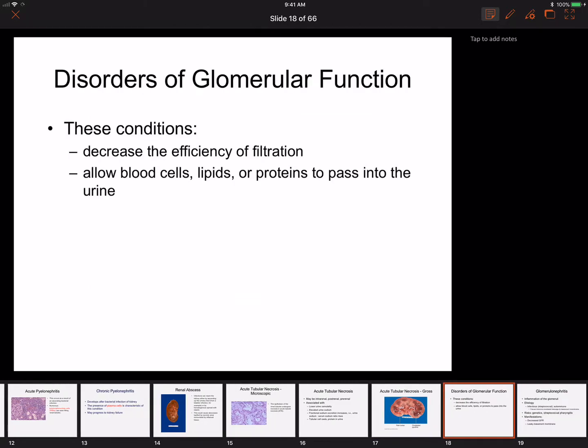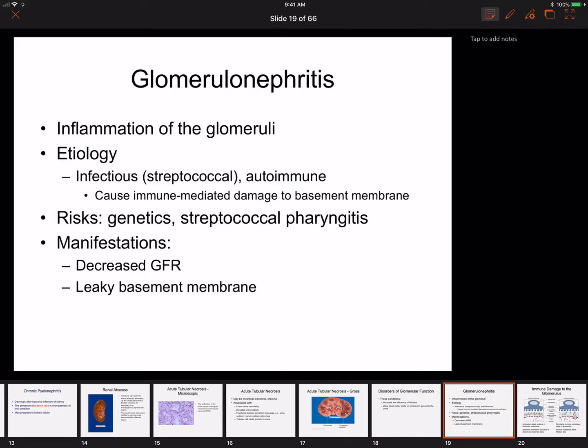Other problems will be diseases that affect glomerular function. So that means the efficiency, the capability of that kidney to filtrate things will change. It tends to go down, and this will allow everything to leak into the urine. So we may see blood cells, we may see fat, we may see proteins, and so on. The first kind of category is